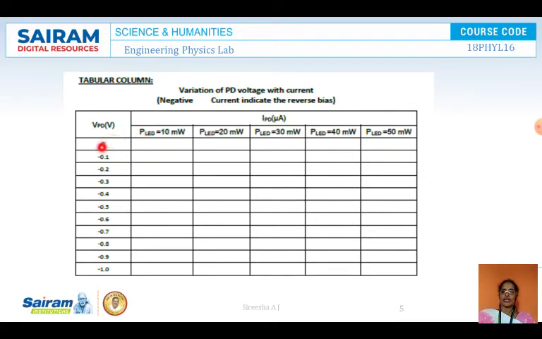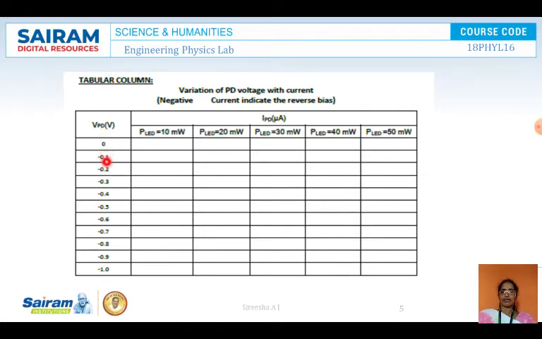Keep the voltage at 0 and note down the values. For 0 it will be 0. Increase the voltage in steps of 0.1 and note down the corresponding values of current here. There is a small knob which increases the voltage in steps of 0.1, which can be read by the digital